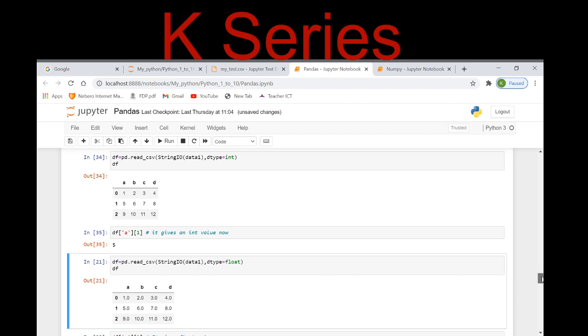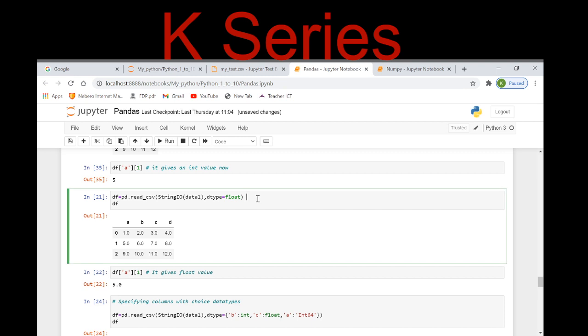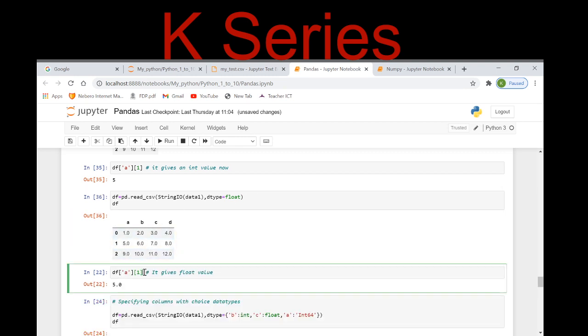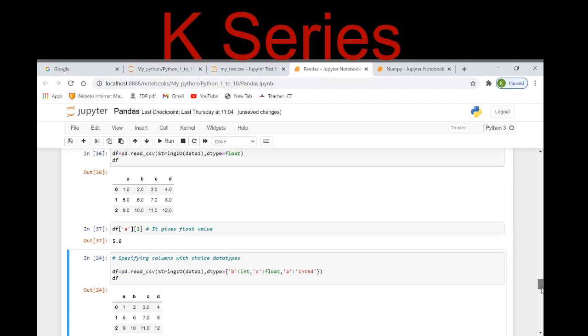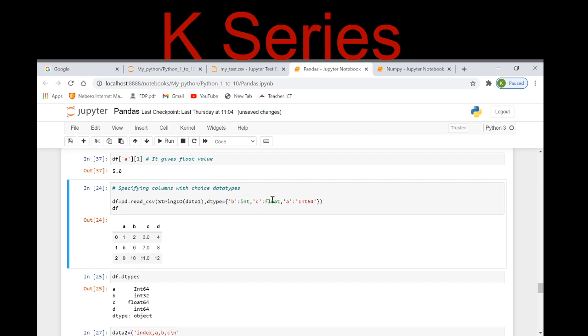Similarly, I can change my StringIO data to dtype float. Now it is giving float. If I execute the same column and the same row value, it gives me 5.0 because it becomes a float now. So this way, you can change any of your columns into any data type.